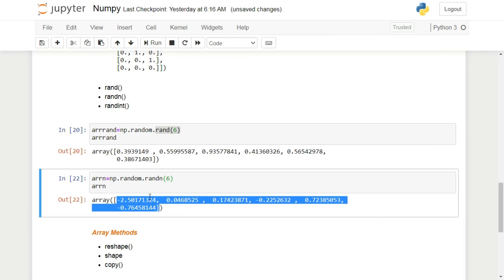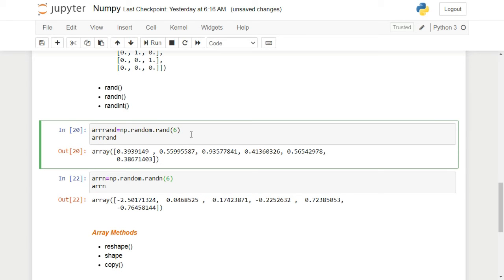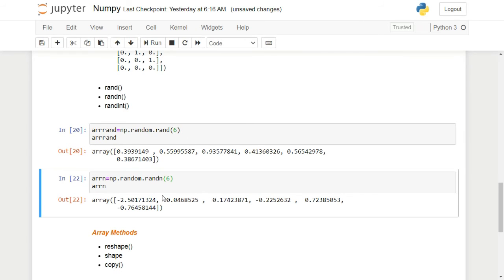The only difference between these two is that the rand function generates uniformly distributed numbers between 0 and 1. However, randn doesn't have any limit. It can give me any number. You can see it is negative, it is positive, it is less than -2, and we can get any number. So this is the randn function. I hope you are through with this.